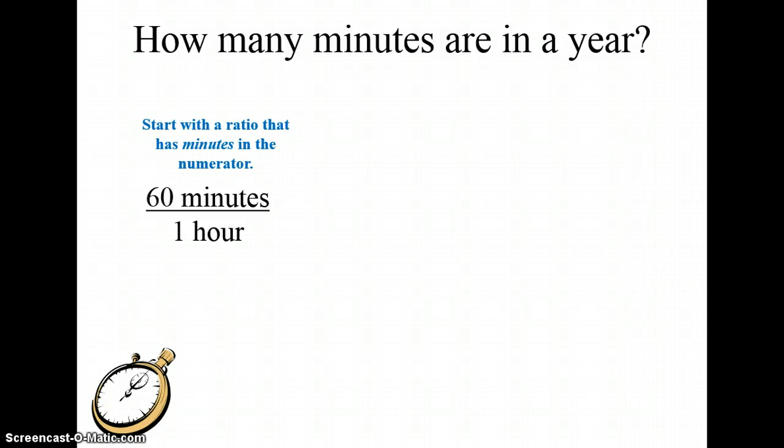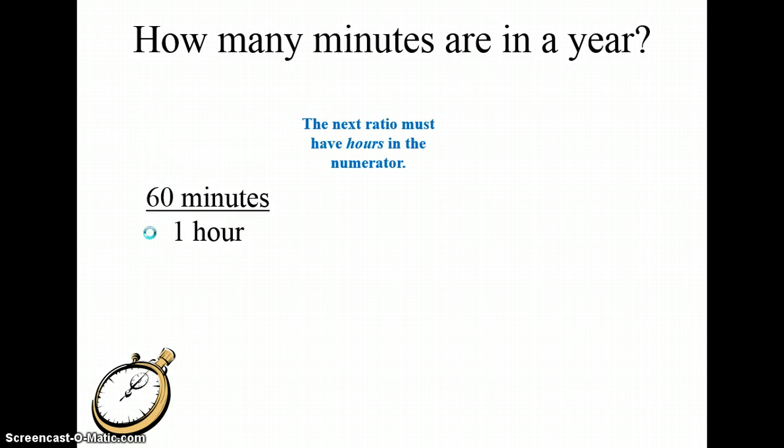So let's start with a ratio we are familiar with. And this one puts minutes in the numerator, which is good because that's what I'm looking for. 60 minutes is the same as 1 hour. So my next ratio has to have hours in the numerator because, remember, I want my ratio to be comparing minutes to year. And so I can't have hours in there. It's not one of the units I'm concerned with. But for this problem, I need to eliminate the hours so that I can get the ratio I want. So let's think of another